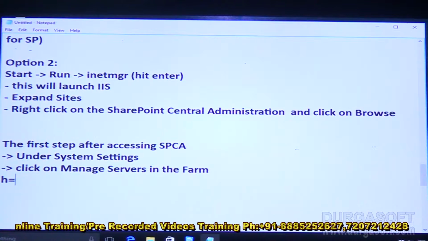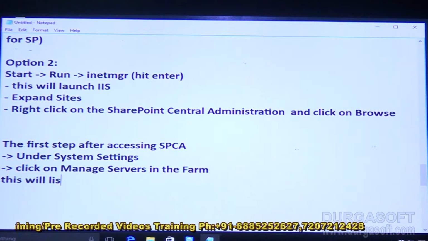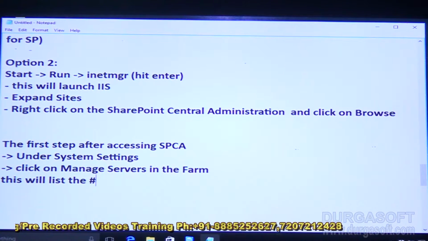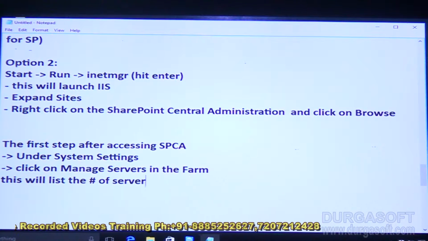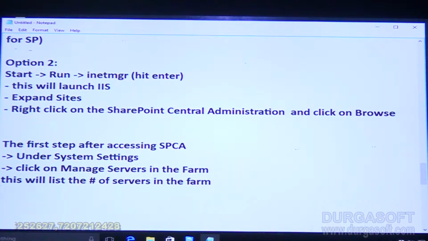This will list the number of servers in the farm and how the services are configured. Typically you can find the database server. If you have any other specific server for a farm, you can list it out. This is the first step. Okay, this is all about the farm. We will see in the ongoing classes on the practical session how to see that, but for now theoretically,